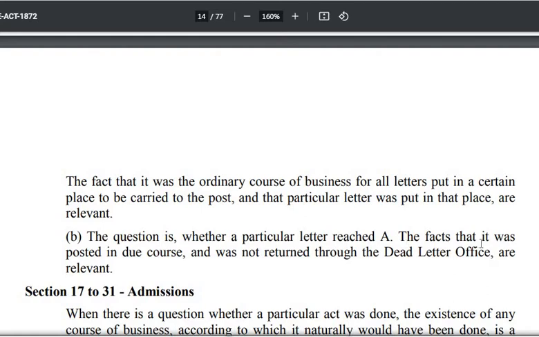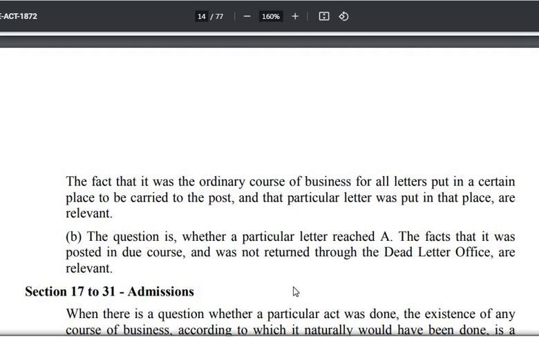The facts that it was posted in due course and was not returned through the dead letter office are relevant. अब क्वेश्चन ये है कि क्या आपको एक लेटर मिला था, मैंने आपको पोस्ट किया, क्या लेटर आपको मिला. अब अगर मैं ये प्रूव कर दूं कि वो लेटर मैंने पोस्ट बॉक्स में डाला था, अब मैंने तो पोस्ट कर दिया इधर से, आई हैव पोस्टेड. अब कई बार क्या होता है, जो लेटर मिलता नहीं है सामने वाले को, उसको लेटर नहीं मिला बट आई हैव पोस्टेड. अब कई बार लेटर जब मिलता नहीं है सामने वाले को, then through the dead letter office that